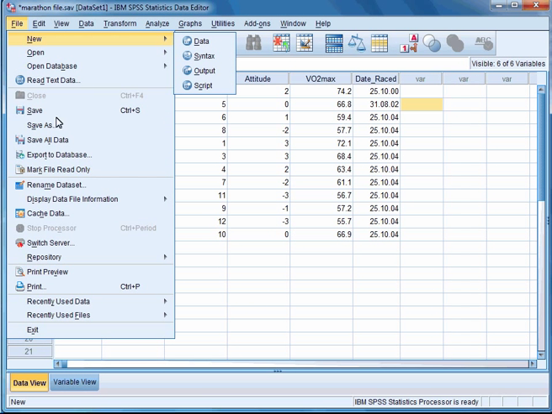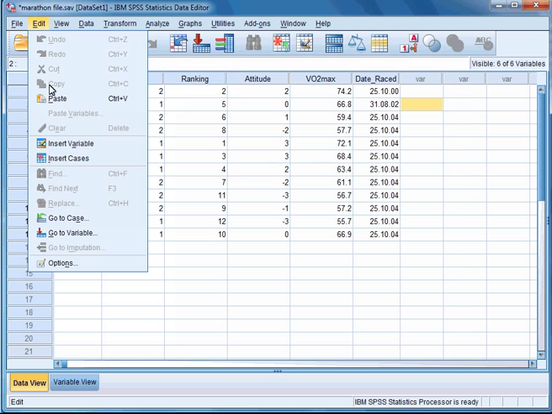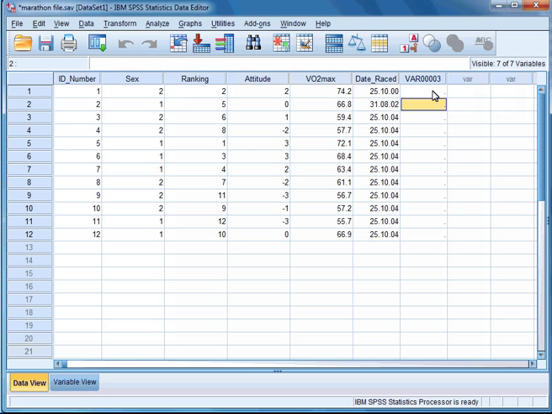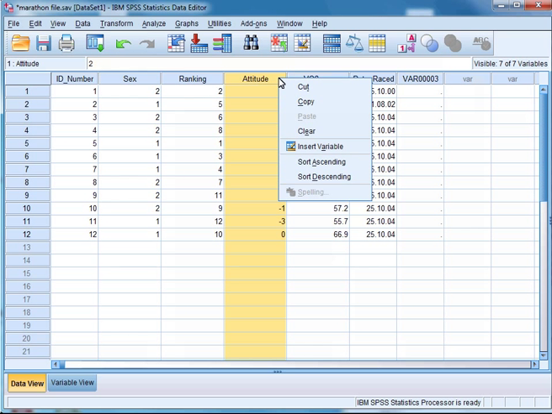Now click Edit. Now click Insert Variable. This has now created a new variable in your data view file labeled VAR00003. To change the name of this variable and to enter further information about it, you will need to go back to the variable view file and enter the data there. You can also insert a variable between two previously existing variables. To do this, click on one of the variables where you would like to insert the new variable next to. Then right-click on your mouse and click on Insert Variable in the box that